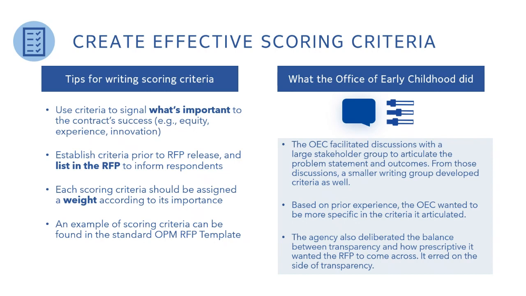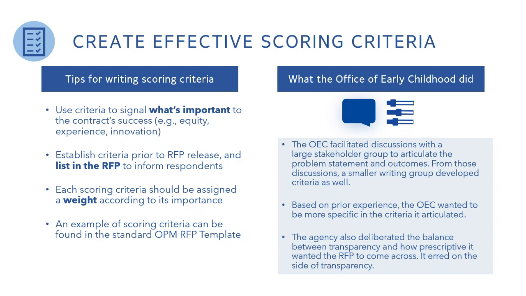And so for that reason, we recommend that you actually list the scoring criteria in the RFP itself. And you may choose to rank those in order of priority. So if you had one for the description of the program, that might be your first priority, or you had one for the cost and budget, that might be a little lower down the list. And you can even provide the weights that you're planning for each of those scoring criteria in the RFP document itself,